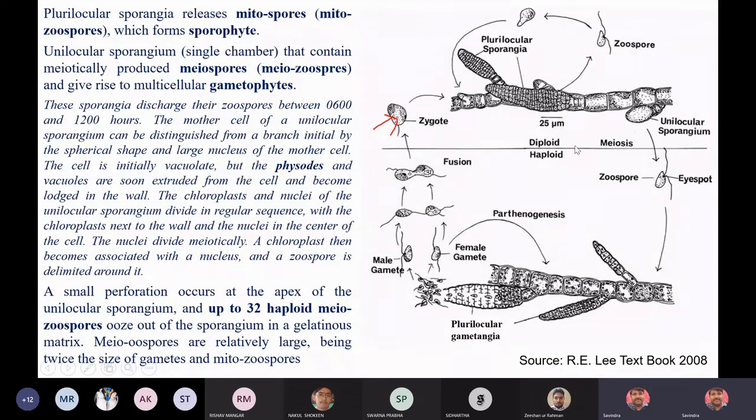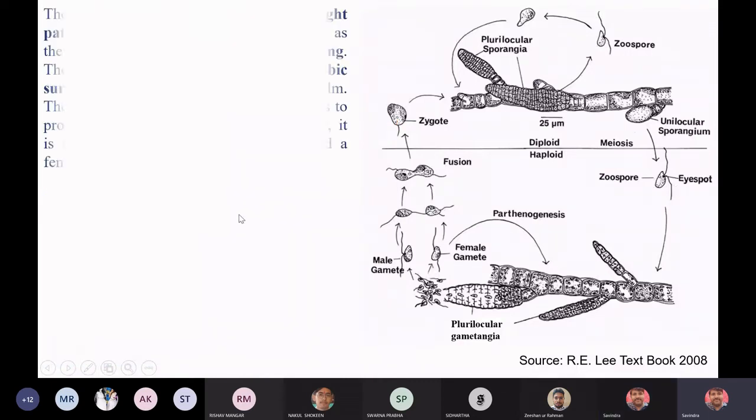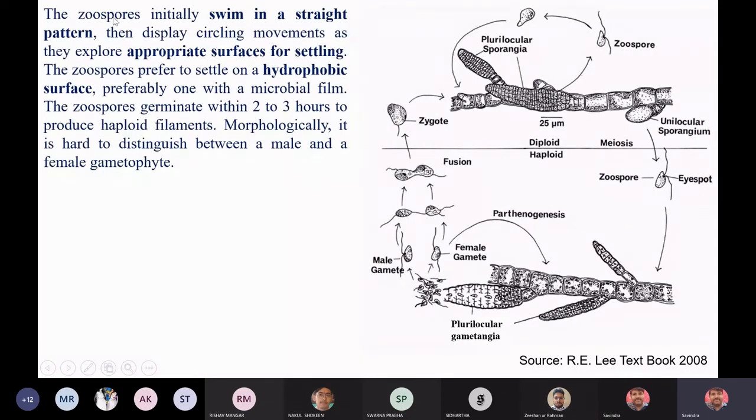And again, whether it's the meiospore or this mitospore, morphologically they are similar. The haploid spores are relatively large compared to diploid spores. This zoospore initially swims in a straight pattern. It will swim, and when it gets its appropriate substratum, mainly a hydrophobic surface or a surface where you will see microbial growth, on that surface it will germinate. This zoospore will germinate and will give rise to this